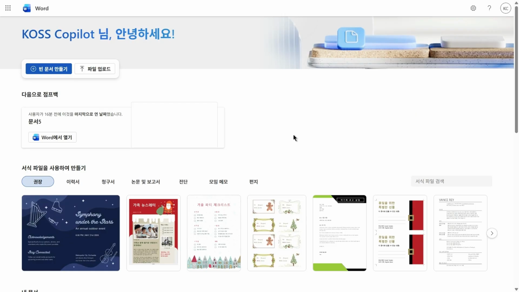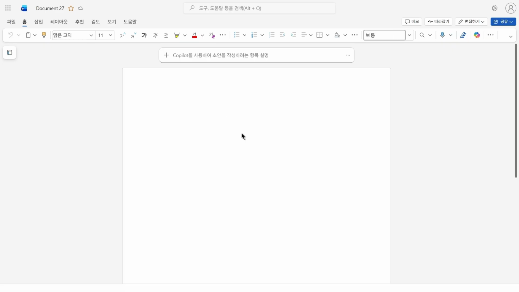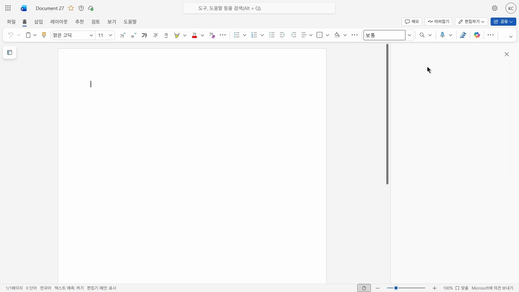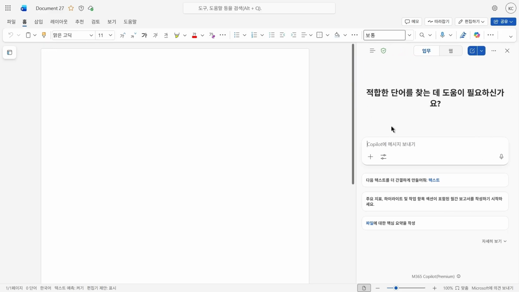Okay, let's start the practice together. There are three different documents here. I have Maker, and now I will make a new document to make a report. I use three files, and I open the Copilot, and